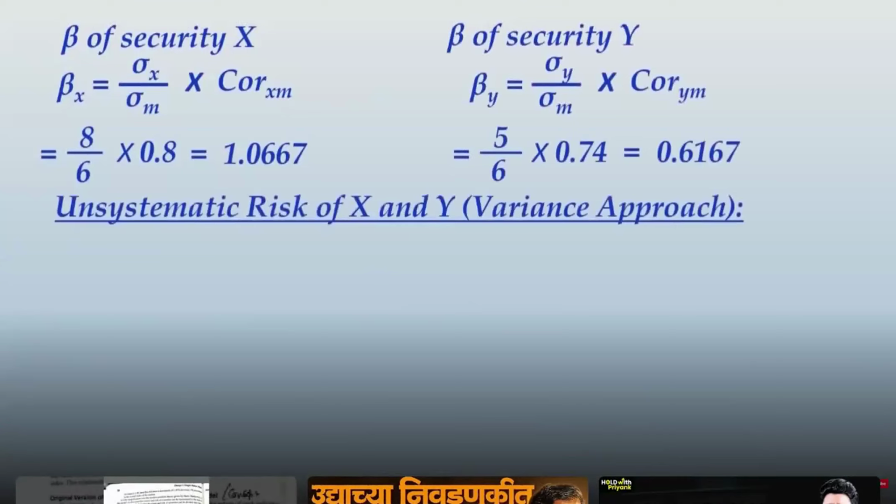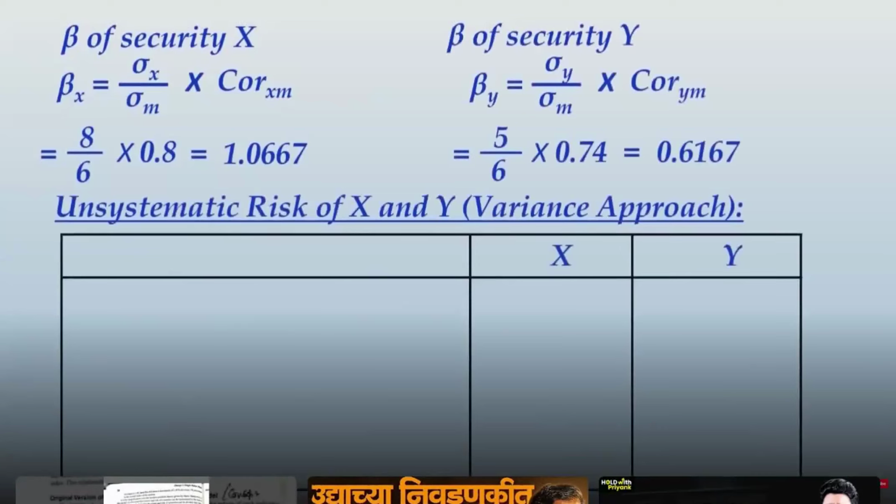The next thing asked in the question is about unsystematic risk of X and Y using variance approach. ये कुछ भी नया नहीं है आपके लिए फ्रेंड्स। तो X and Y के कॉलमनर कैलकुलेशंस प्रेजेंट करेंगे। So we'll take total risk as sigma squared, that is variance of X and Y respectively. तो friends ध्यान देंगे standard deviation of X 8 है तो variance of X आएगा 8 square यानी कि 64। वैसे ही standard deviation of Y 5 दिया हुआ है तो variance of Y आएगा 5 squared यानी कि 25।